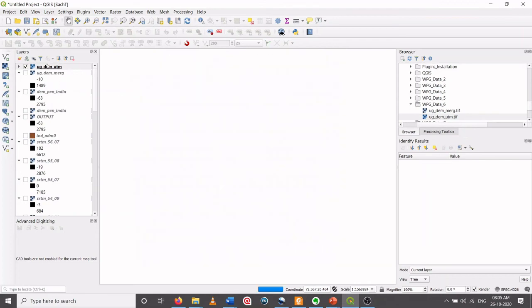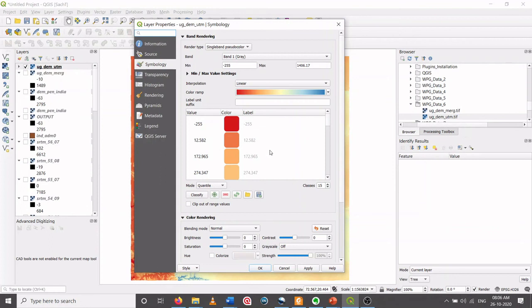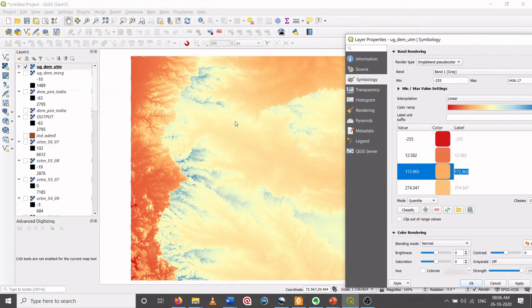Similarly, here you can also change the number of classes, similar to what we have done earlier with another image. You can change the color ramp, change the number of classes, classify, and adjust these classes. You can edit these values so that you get an appropriate representation. Sometimes, for example in this map, I cannot see much elevation difference, so I have to adjust the elevation values.